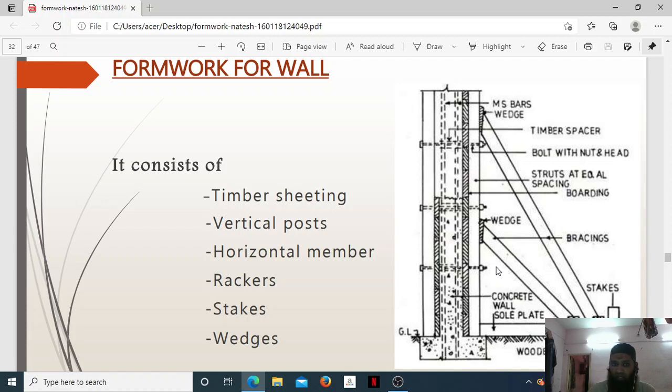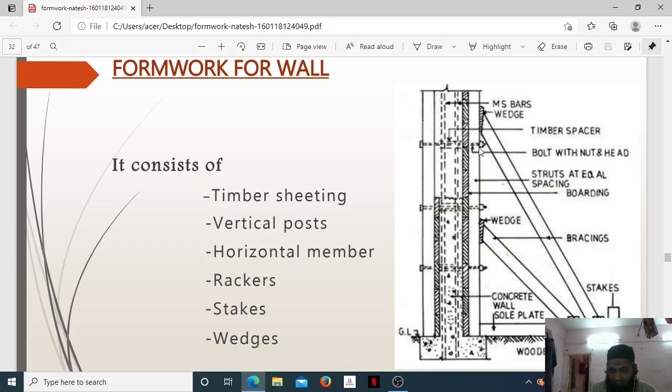You can see here the timber spacers and wedges. Wedges are placed here, and this is the timber spacer. It acts as a spacer. Here you can see, it is passing from here to there, and there is a bolt here. So this is the timber spacer, and a bolt with nut and head is there.